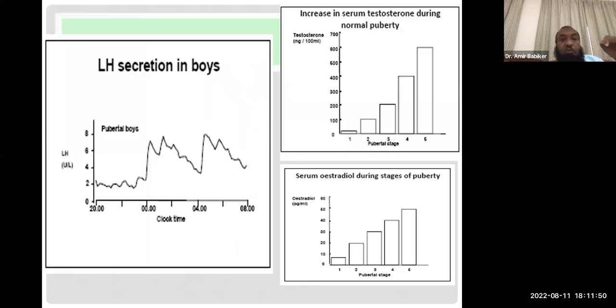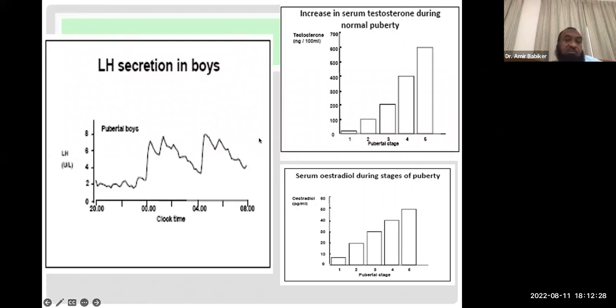The LH is far more important than FSH in marking puberty. That's why early morning testosterone as well. People measure the early morning testosterone in boys, and this indicates that the patient is getting pubertal. And the LH is the one that marks the menstrual cycle in girls. FSH is related to breast development and also to the nutritional function in the boy's testes. So LH is the one which is more important in identifying puberty in boys and girls.